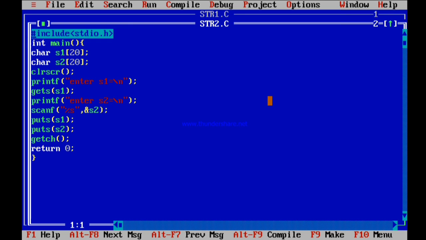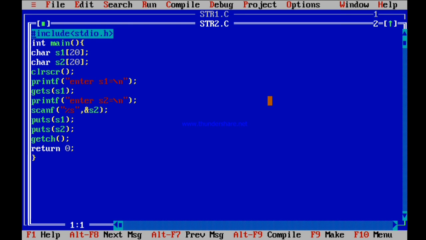Okay friends, so this is the second program. In this program I have taken two strings, that is s1 and s2. I am reading the two strings, one with the gets function and another with the scanf function. I have already told you that the gets function can read strings with spaces. That means even though there are spaces in your string, it can easily read the total string. But the problem with scanf is that it cannot read strings with spaces. It thinks that when there is a space in your string, that is the end of the string, and stops reading the string. That is the point I want to show you in this particular program, and I'm trying to print the two strings s1 and s2.